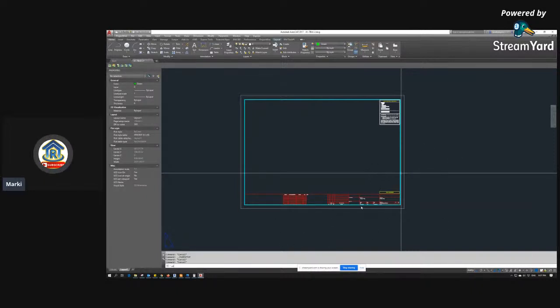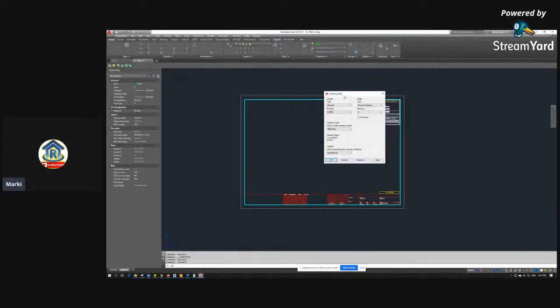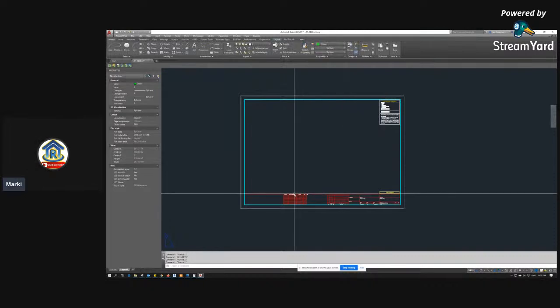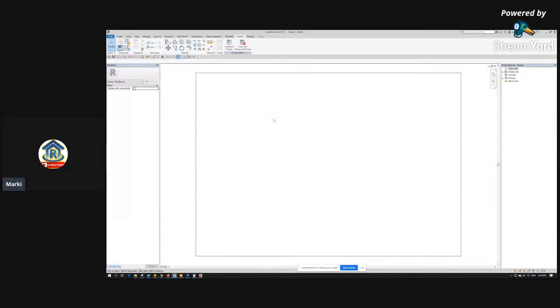The units in AutoCAD must be in millimeters before inserting it into Revit. Those are the preparations or checking that you need to verify in your AutoCAD file before inserting it in Revit. So when you go back to your Revit and then command the insert,